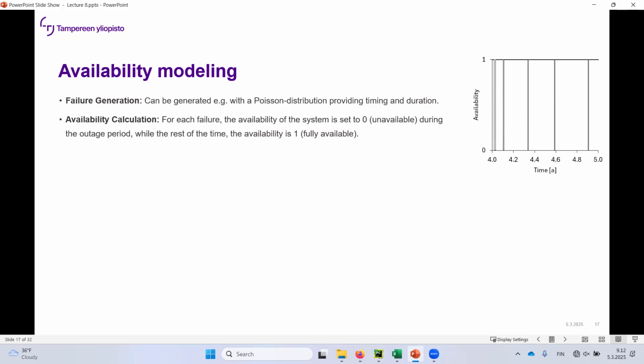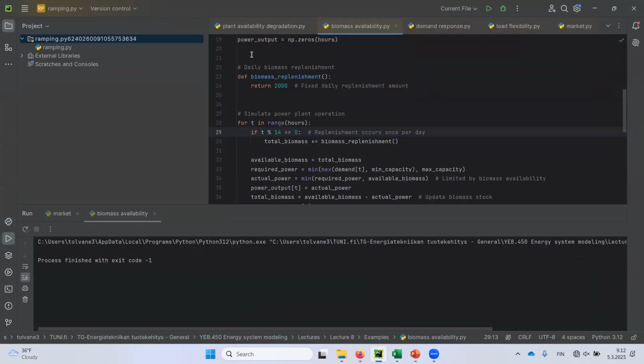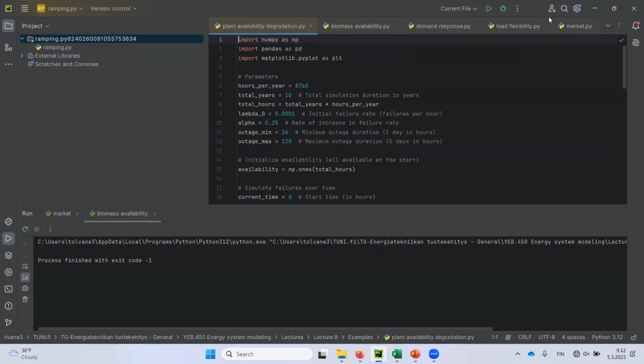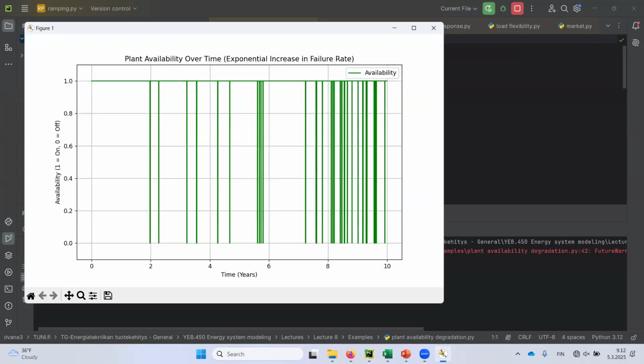With nuclear power plants, it would be a lot longer outage than in here. In here, I set the outage from 1 to 5 days, for example, and a certain distribution to give me a probability when there is going to be an outage. And then you can apply also this kind of wear and tear of the systems. So in my case, with my Python plant availability degradation code, what it does, it's going to give me more